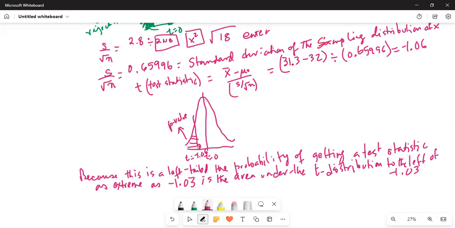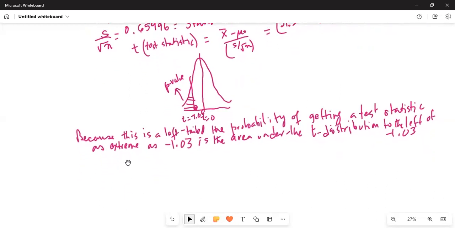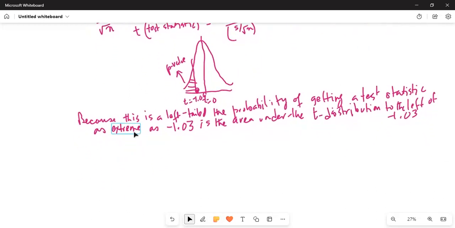And this is your t is equal to minus 1.06. Don't go away. I'll give you a hint at the end of the show, towards the end. So please stick around just for a few more minutes. Okay. So I'm going to calculate the p-value. For that, use to find p-value,